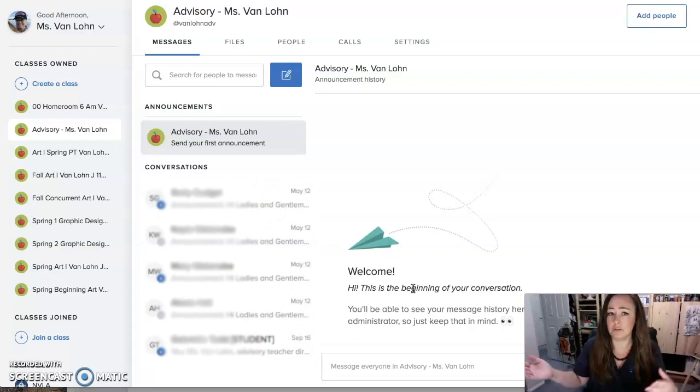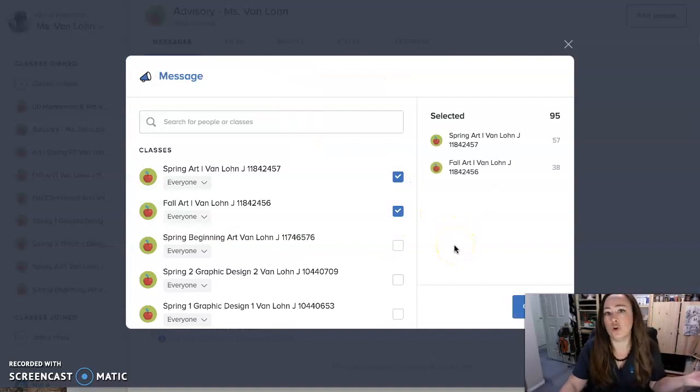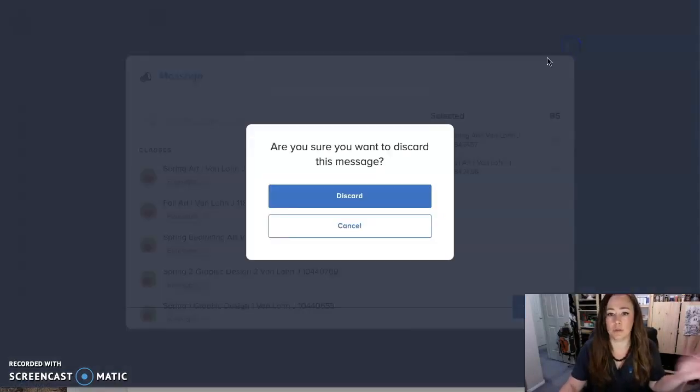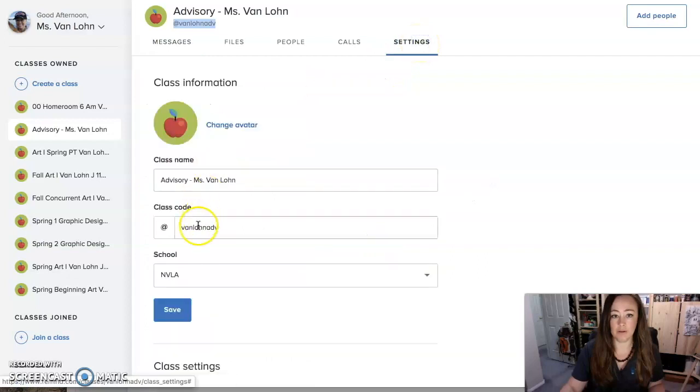So you definitely do not want to combine classes. With how easy it is to just message more than one class by picking multiple classes, there's no reason to combine them. Absolutely no. So yes, one code per class, and you can customize it. Remember, going into settings and changing your @